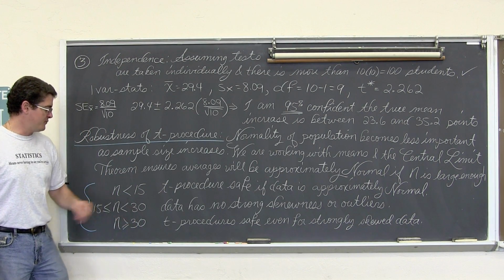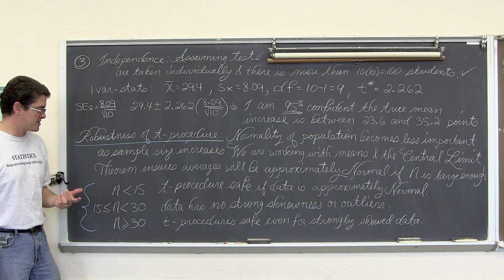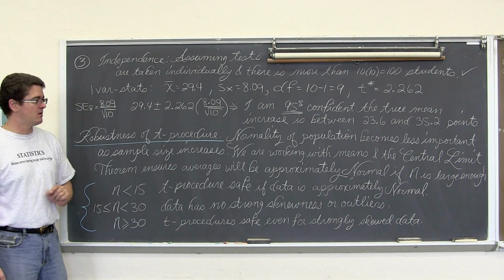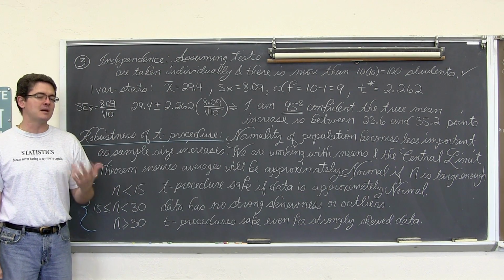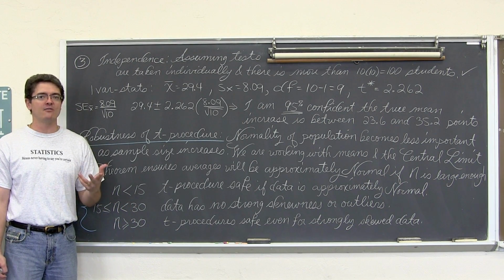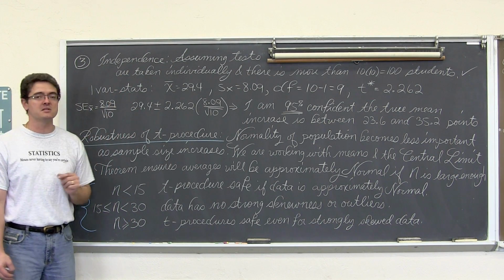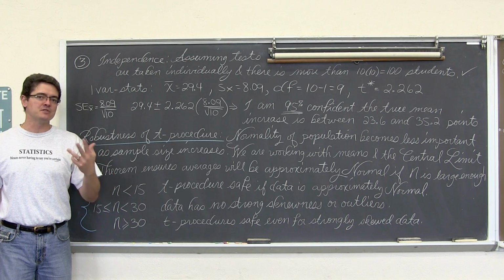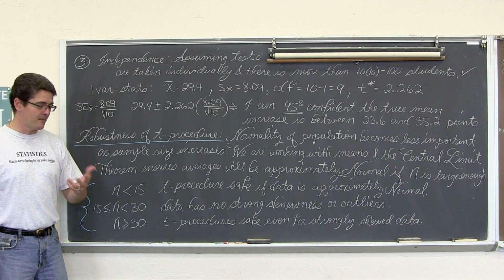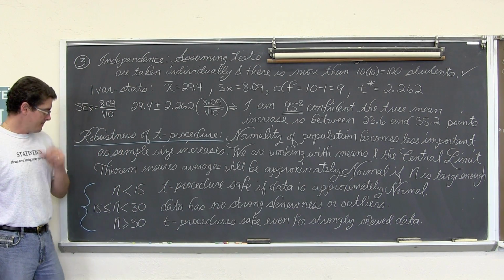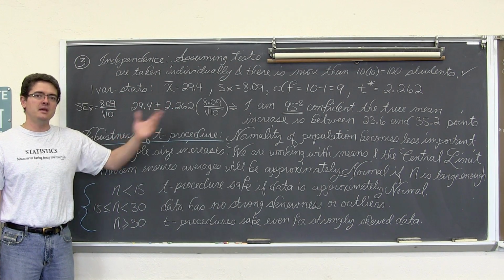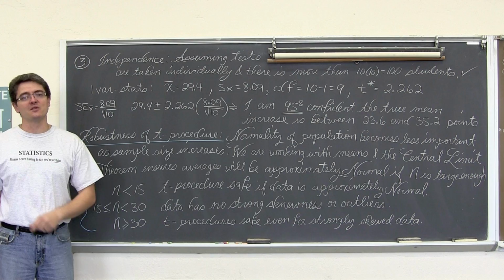If n is between 15 and 30, that's a pretty good size sample for the central limit theorem to work. So the data cannot have any really strong skewness or outliers, but if there's some skewness and some non-normality, the central limit theorem is still going to make sure that your sample average, in this case an average of 10 pieces of data, that distribution of averaged values will be approximately normal. And then if your raw sample has very strong skewness, then it's only going to be safe to do a t-test, or a T confidence interval, if your sample size is over 30.